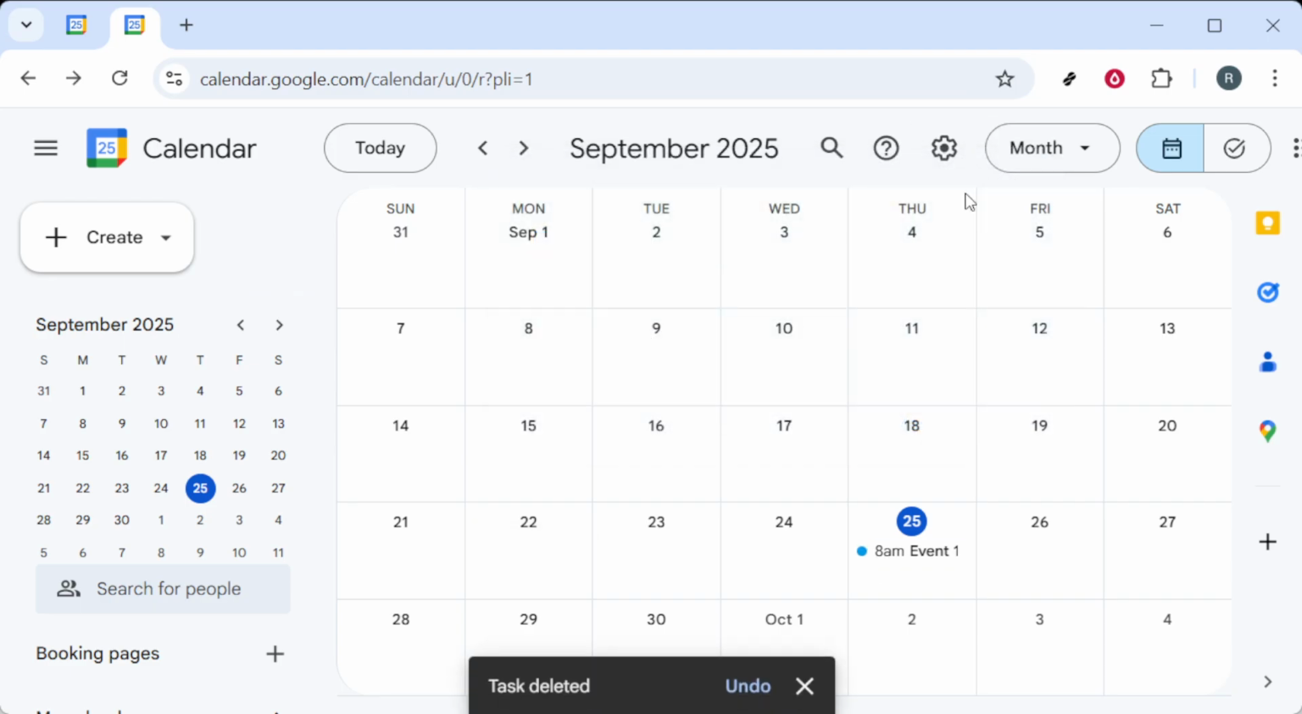And there you have it. With these steps, you'll be managing your pending tasks effortlessly. Don't forget, a consistent review of your calendar can really help in maintaining productivity and ensuring nothing slips through the